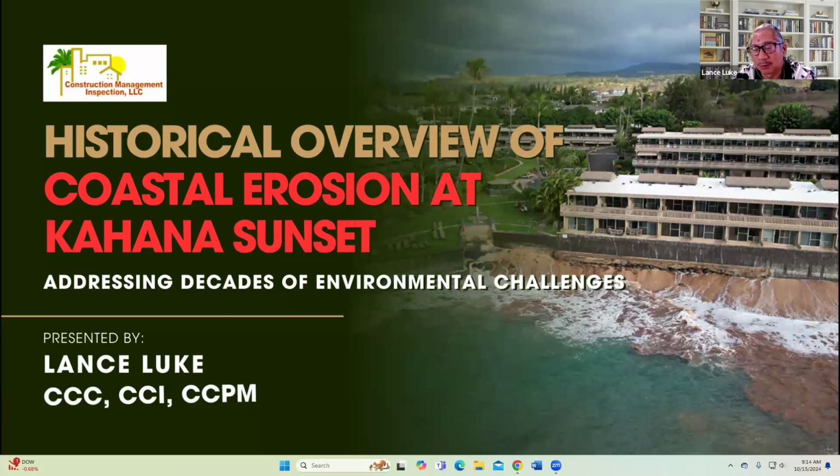Now, the way the state of Hawaii property division works, there's a watermark, where the tide goes in, the area of high tide or low tide. That's the demarcation of where the state land is and where the private property is. You can't draw a fixed line there, and it's not constant because it keeps changing. For instance, at low tide,